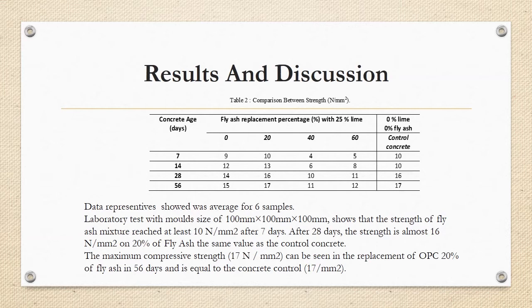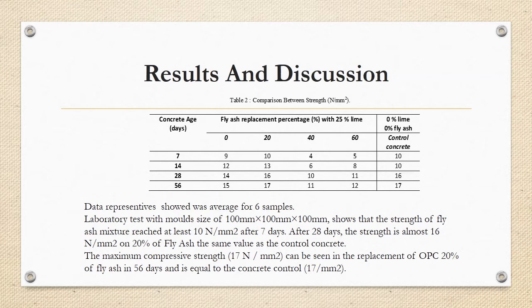So, for result and discussion, the comparison between strengths, the data representative show the average for 6 samples for each mixture. Laboratory test with mold size 100 mm shows that the strength of fly ash mixture reached at least 10 N/mm² after 7 days. After 28 days, the strength is almost 16 N/mm² at 20% of fly ash, the same value as the